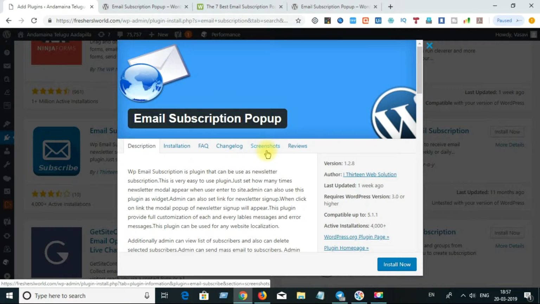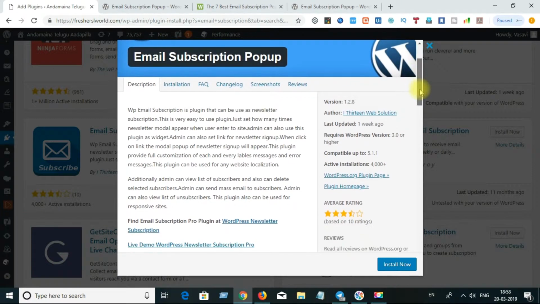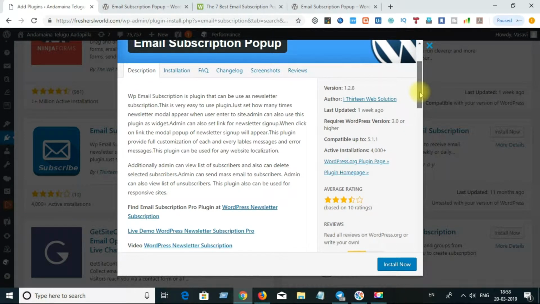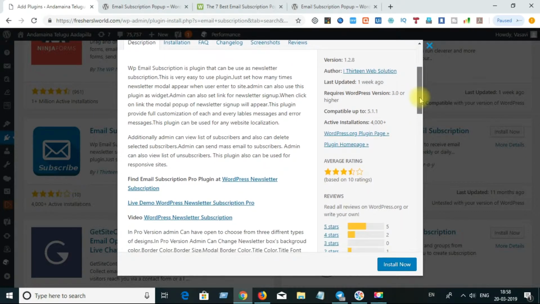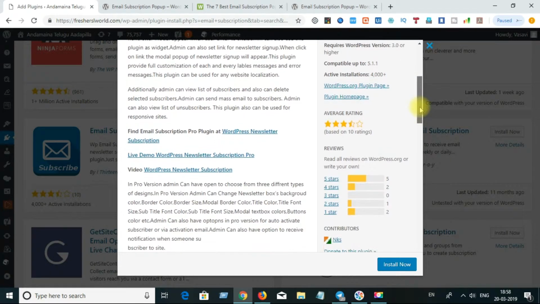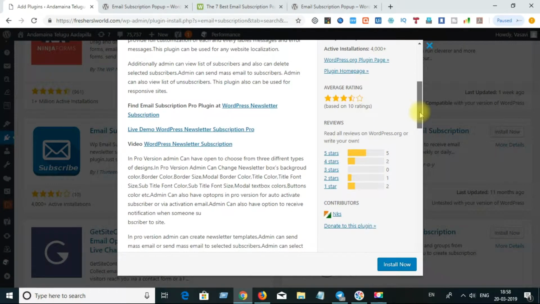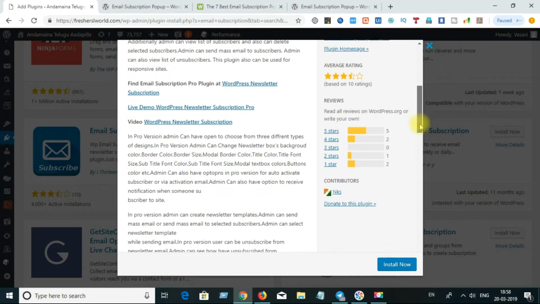Here you can click on more to see the description, screenshots, all those things. Compatibility. Whenever you try to install any plugin in WordPress, try to take a backup of your website, because sometimes most of these plugins may give trouble. Here you can read the reviews also.